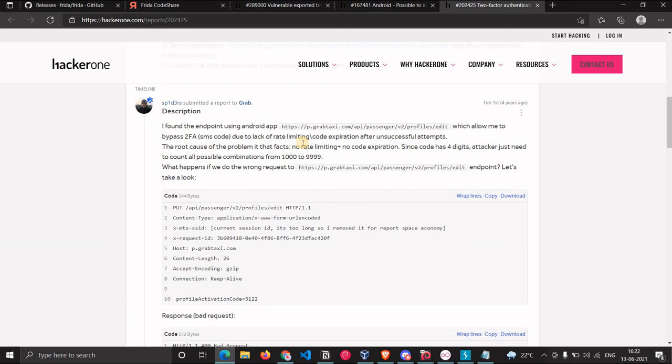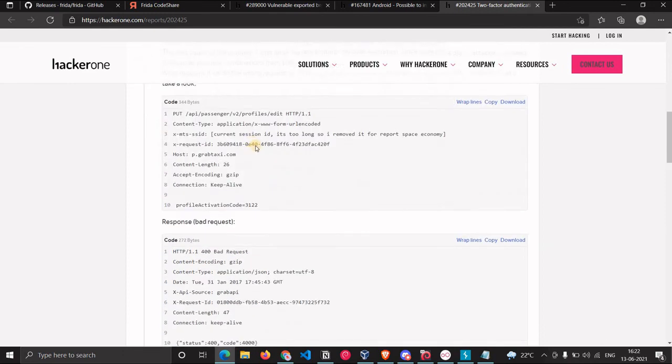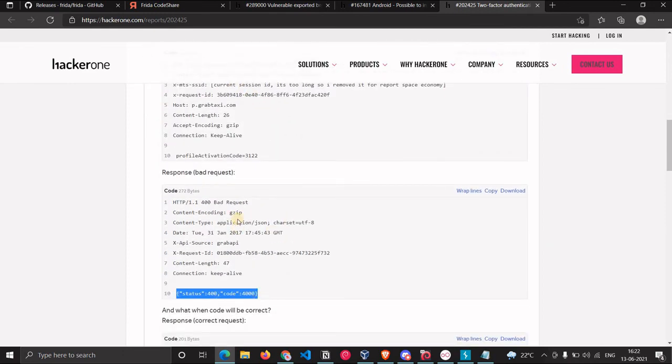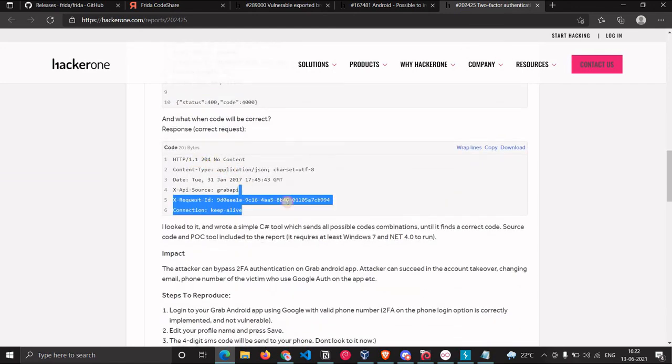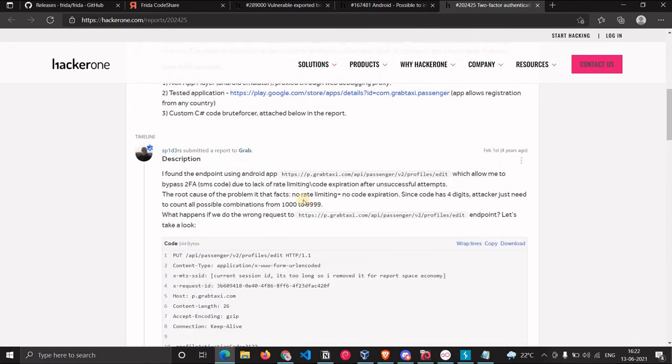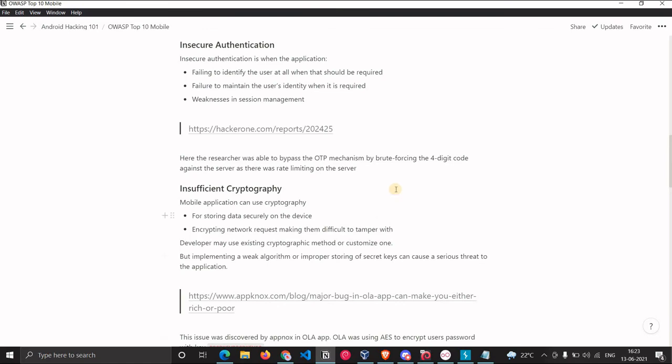There was no proper rate limiting on that endpoint, so he can just brute force this 4-digit code from 1000 to 9999, and if the code is not working, he will get this error, and if the code works, he'll get this 204 no content. Since there was no rate limiting, he can just brute force the code and then bypass the authentication. So this is how he bypassed it.